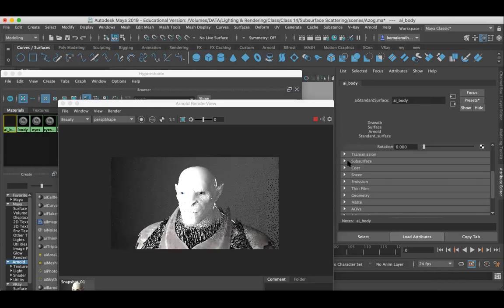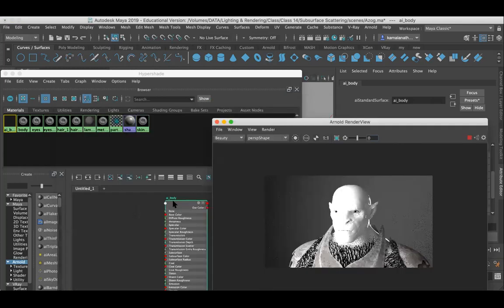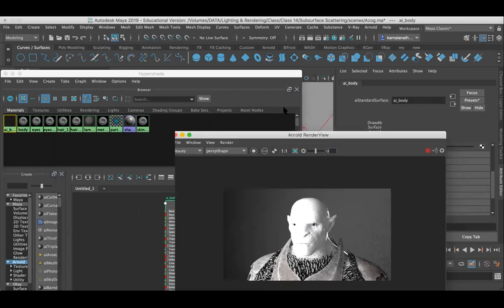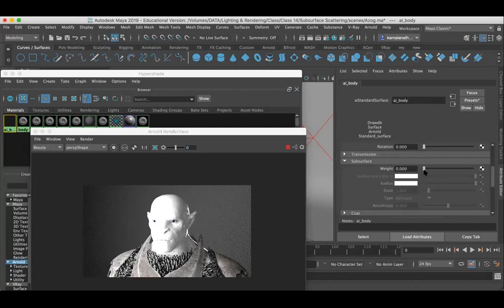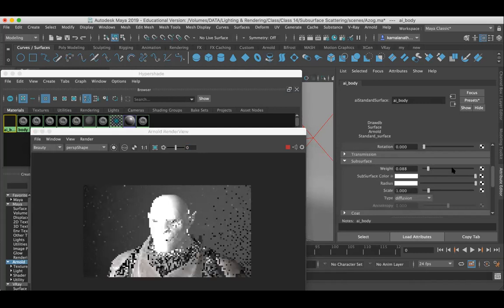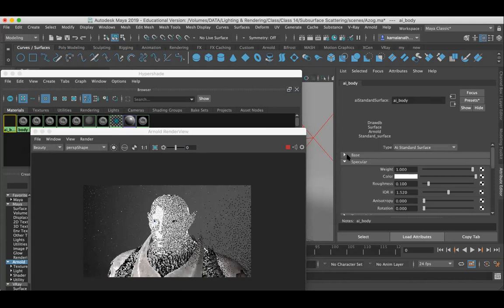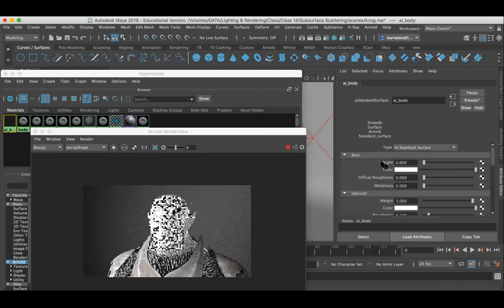Now under that you can find subsurface under the material. Okay, AI body. We have created a new material, AI standard surface, and we have renamed it. Just double click on the material and then move back to the attribute editor, where you can find the attributes of AI body. Below that, you can find subsurface. When you increase subsurface from 0 to 1, the base color I want to make 0.